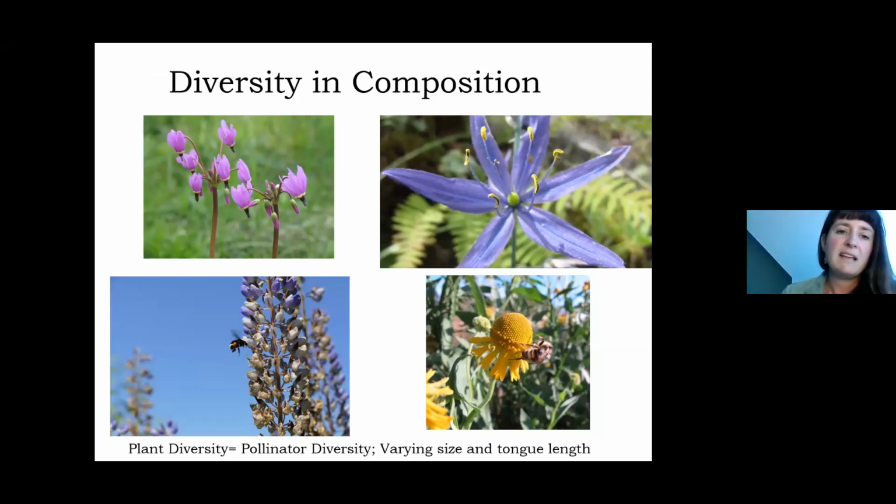So a plant like shooting star in the top left there has specialized mechanisms for releasing pollen through the buzz of bumblebees. And the camas in the upper right is open with the exposed anthers and pollen, making the access of the flower really easy. And in the bottom right, that's a helenium flower where that beautiful bumblebee can hop around. That head of the flower is actually a composite of hundreds of individual mini flowers that the bees can harvest